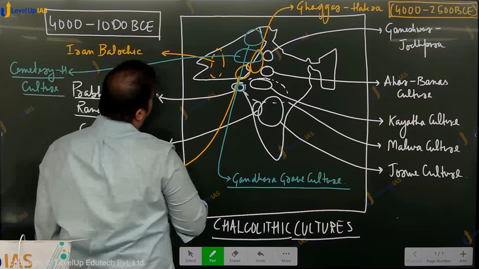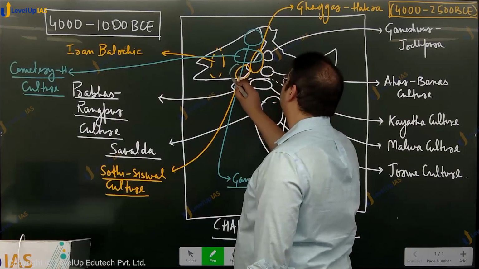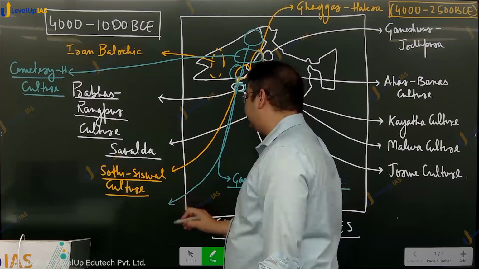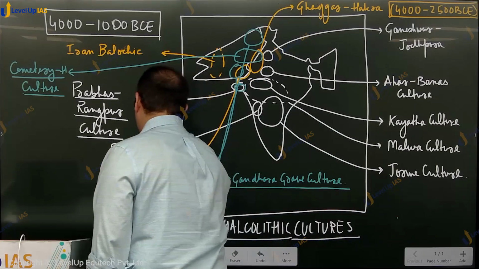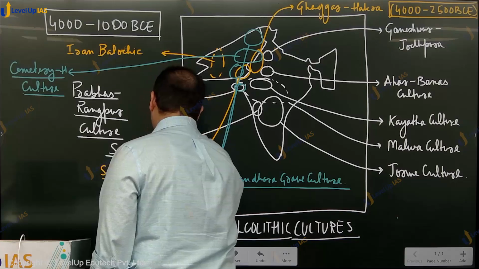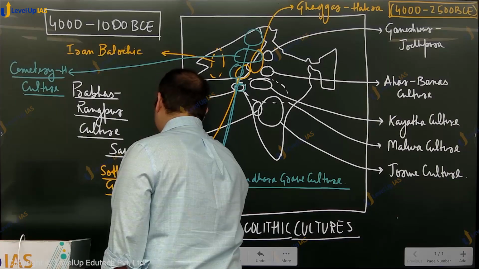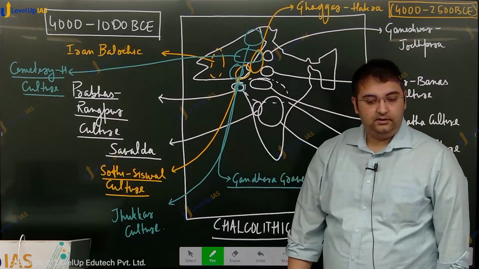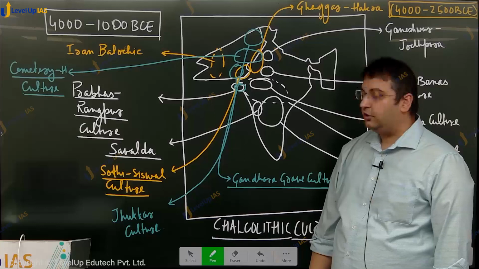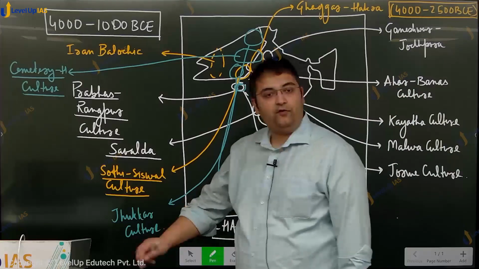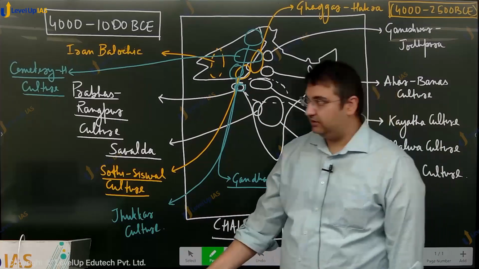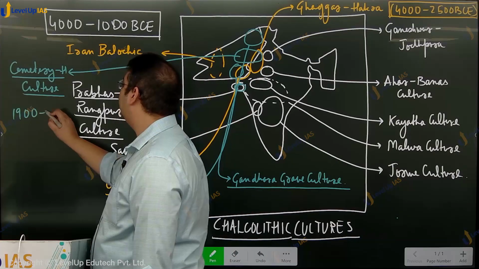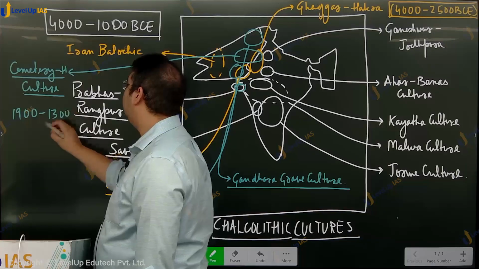And then in the region of Sindh, over here, we have what is known as the Jhukar culture. The time period for the flourishing of these cultures was following the decline of the Harappan civilization, that means from around 1900 to around 1300